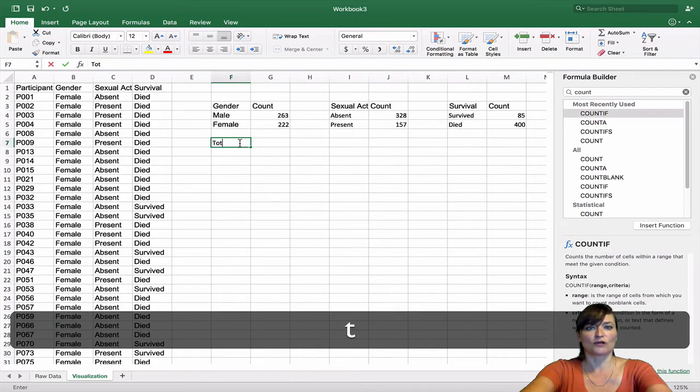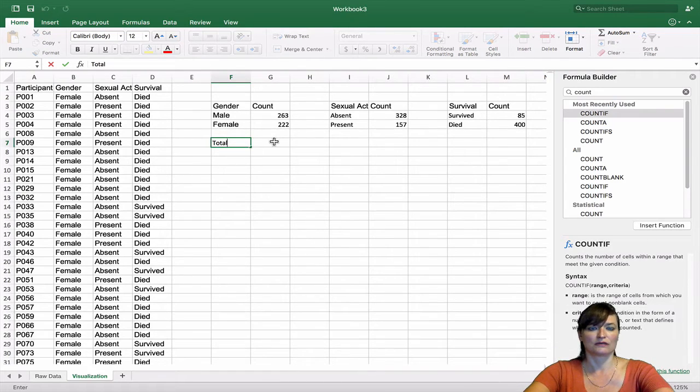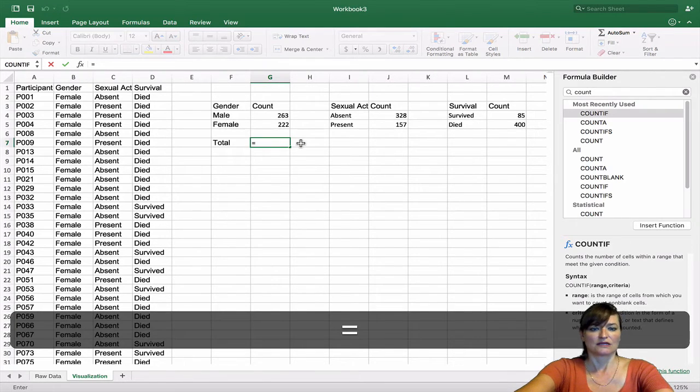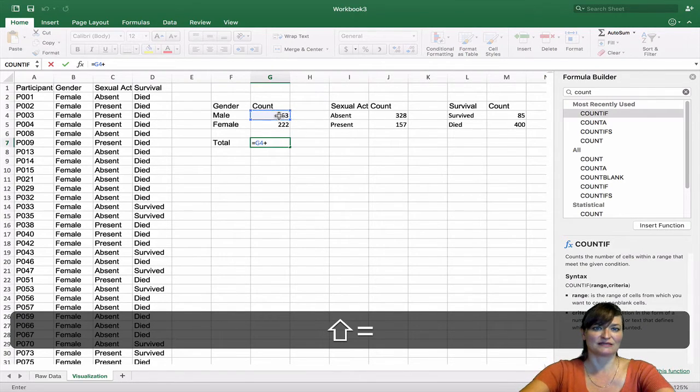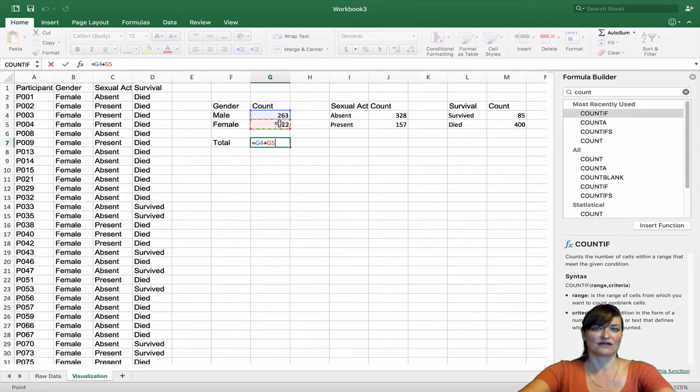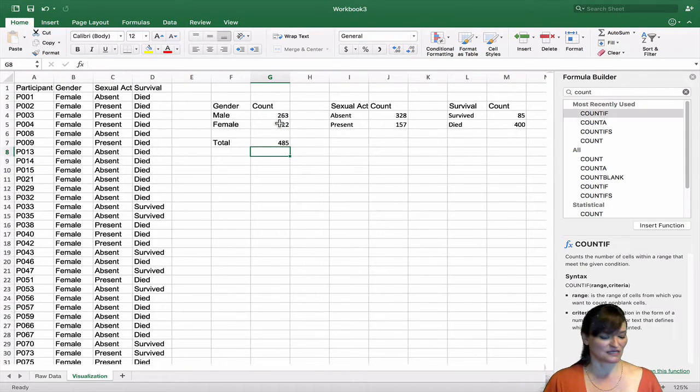Let's add a total row. What were the total number of males and females? We can click there and just click on the number of males, plus click on the number of females, enter. Let's do that a different way.